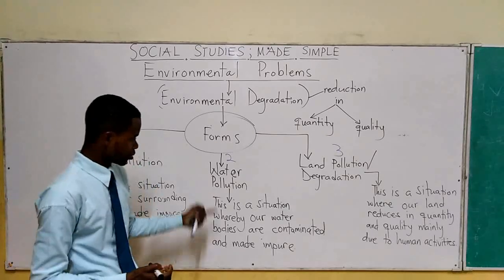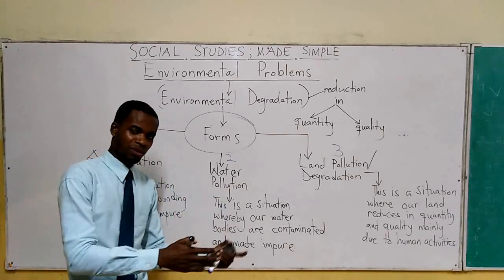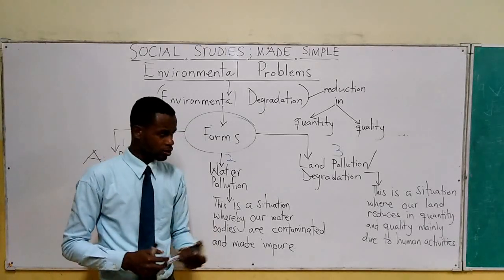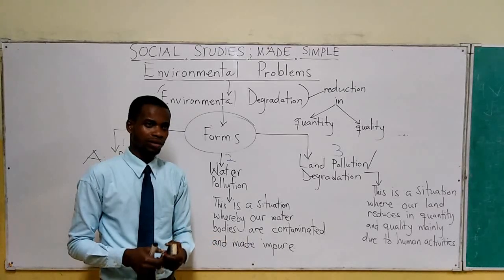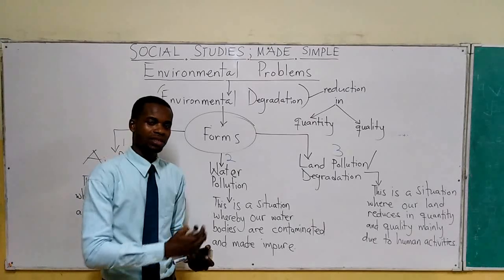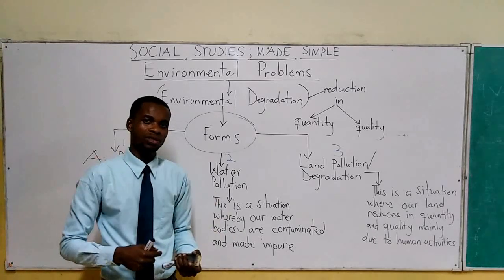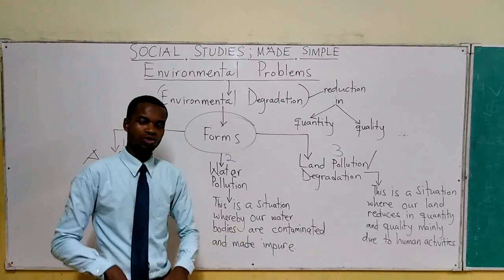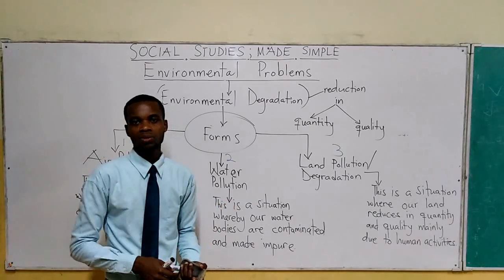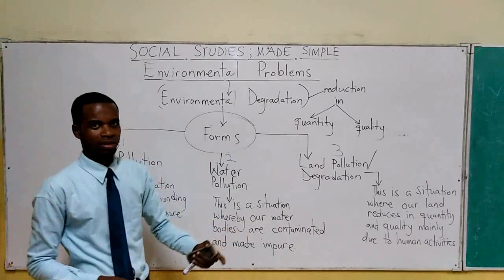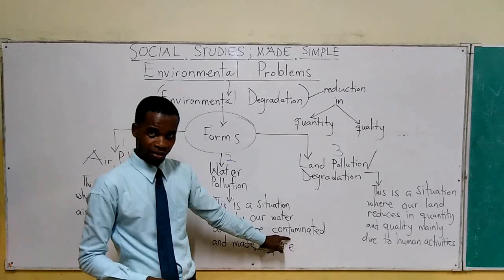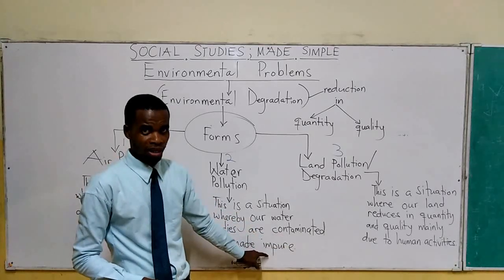Even dust. Water pollution. When people dump refuse into water bodies, they don't dispose the refuse properly. You know what is going to happen to the water. At a point, it becomes smelly because of the refuse. The plastics that are being dumped into the water body get eroded into the water. And these plastics or objects or items are made with so many chemicals. And that is going to make the water impure.